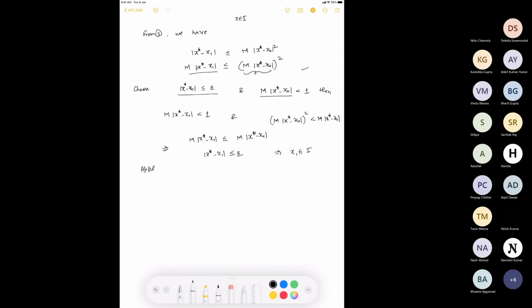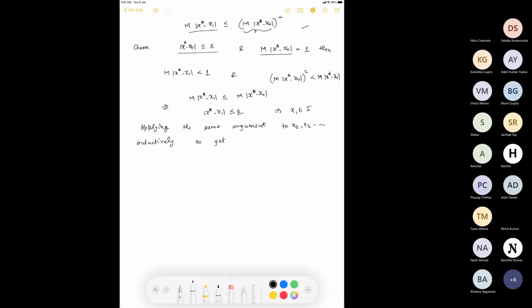So the first information I will get is that my xn is going to lie in I,